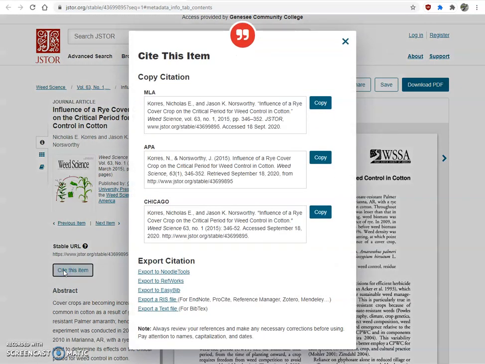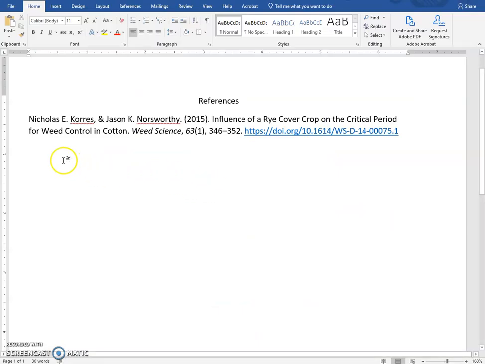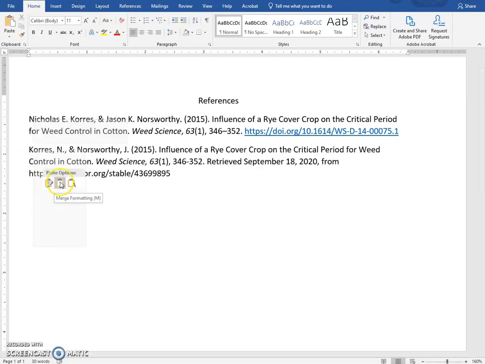And what's also standard is that you will get MLA, APA, and Chicago as your options, and I am again going to come over here and highlight it and copy it. I'm going to go back to my Word doc and I am going to come over here and do a merge paste. So I have two citations here for the same article. They need a little bit of work. So let's see, where do they go wrong?